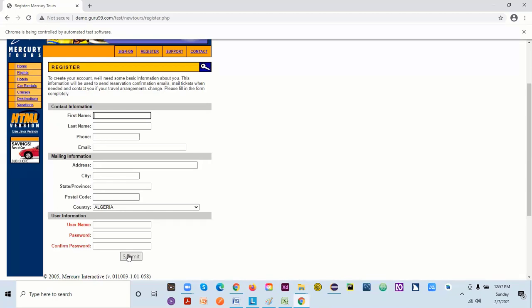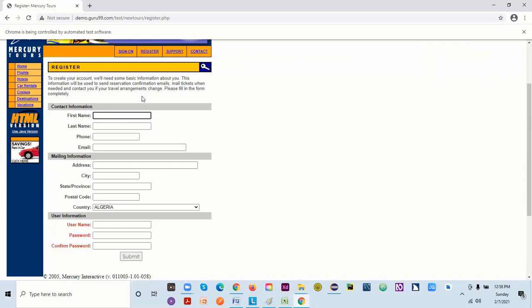Because before validating anything, we need to know how to deal with the form, actually form controls. If you don't know how to deal with the form controls, how do you do the validation, right? As soon as you click on this, if this record is already there, you'll get some message here. Then you can capture that message and validate it with the expected one.